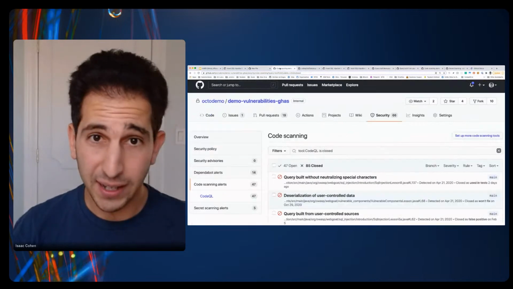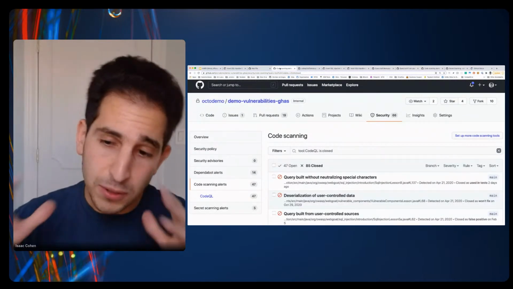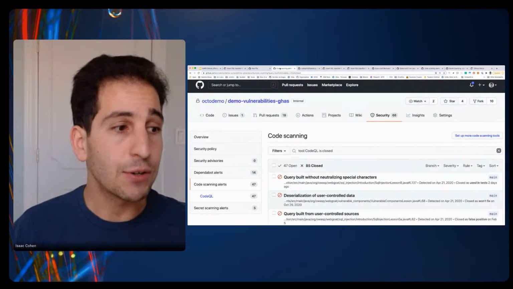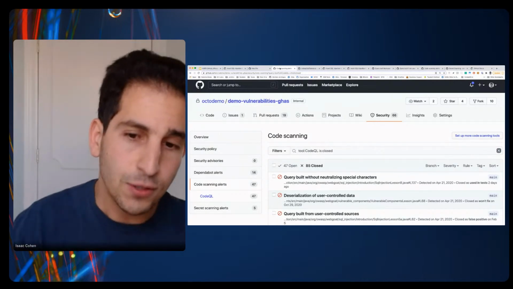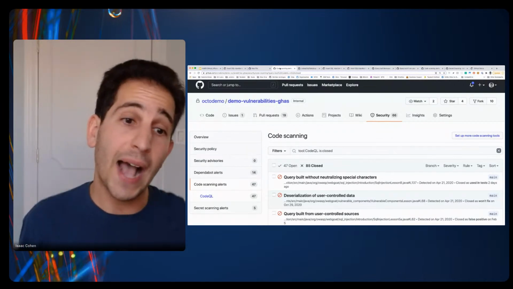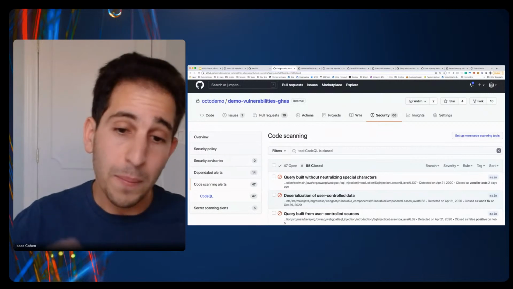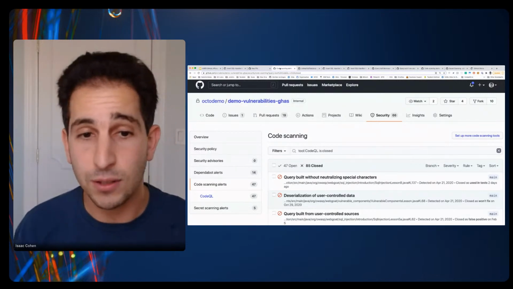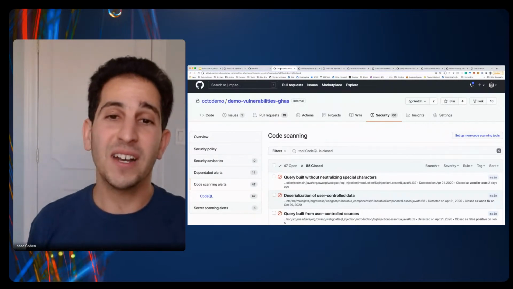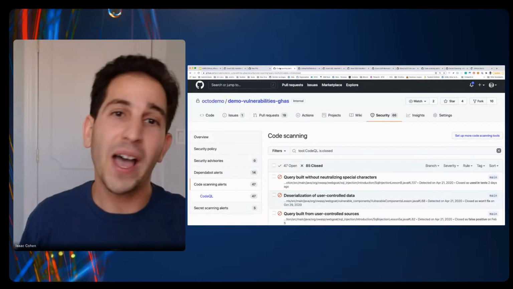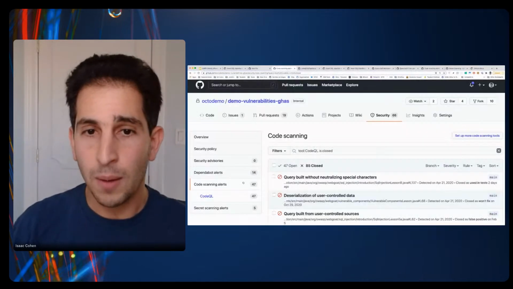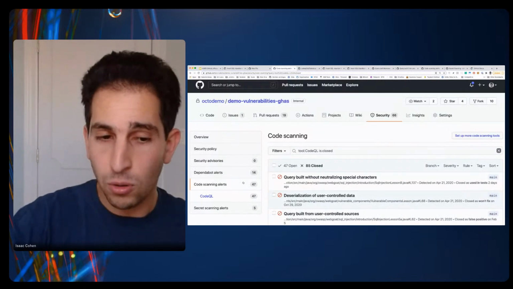OK, we've gone through code scanning. There's another issue that we try to solve over here, and that is secret scanning. One of the big issues that we have today, and this is a huge attack vector, is folks will accidentally leak their credentials or commit their credentials into a Git repository. This happens all too often. I've personally done it in the past where I have a dot file and it accidentally gets released into a Git repository. We're now able to also